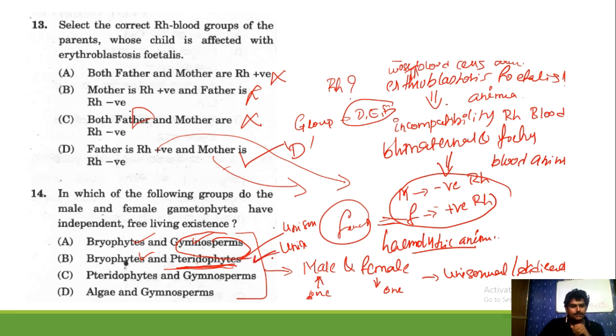Answer is here B. Pteridophytes and gymnosperms, again, the maximum number is not present in the gymnosperms. That's why we have to reject this option. There is no other reason, so only the maximum number we have taken. Algae also has only a small number of organisms which have unisexuality, so we have to reject this. Here bryophytes and pteridophytes, this combination looks very good, we can see the highest number of unisexual organisms.